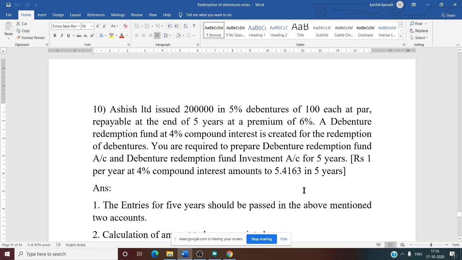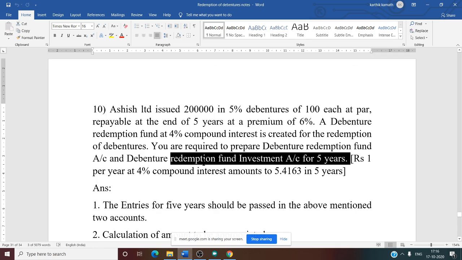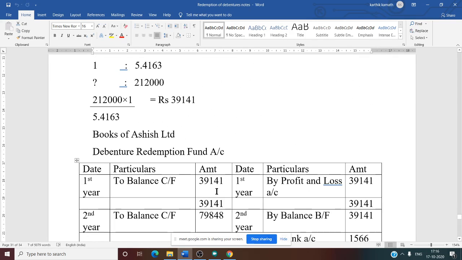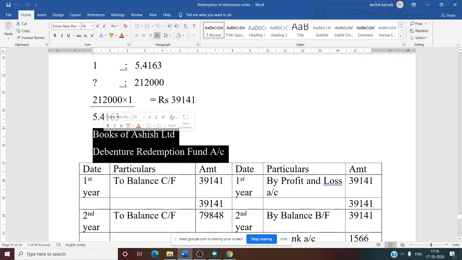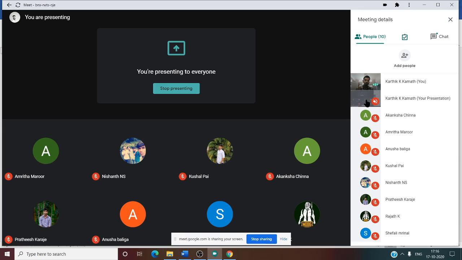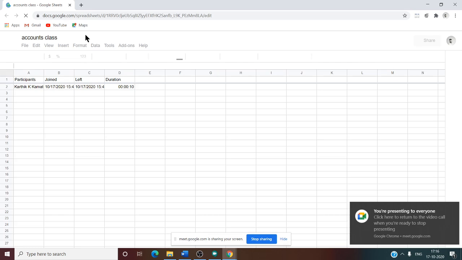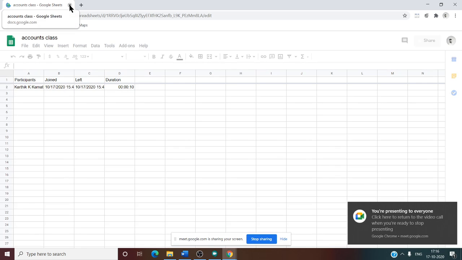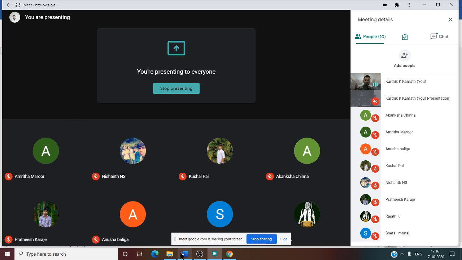So now we are going to prepare the debenture redemption fund account and the investment account for 5 years. That means for 5 years we need to prepare the ledger accounts. Only two accounts for 5 years. So, books of Ashish Limited. First one, the debenture redemption fund account. We know that the debenture redemption fund account has a credit balance, so on the credit side we are going to write